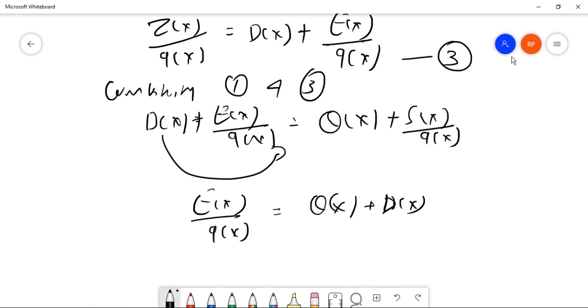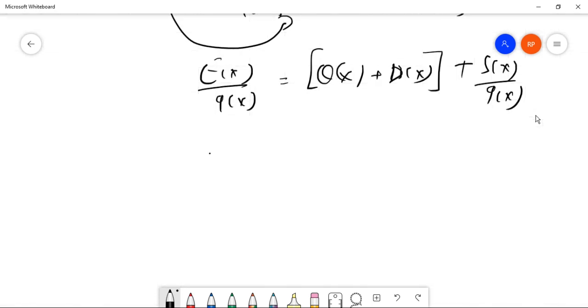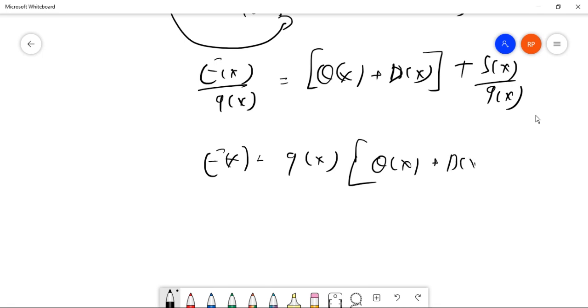You might be having a doubt that D of X is positive here. If it goes this side, it should be negative. That is subtraction. But if you remember what I have said, the addition as well as the subtraction in modulo 2 is the same, so nothing changes, right? Plus S of X divided by G of X. Now, if you want the error, whatever the error happened, so E of X is G of X multiplied by Q of X plus D of X